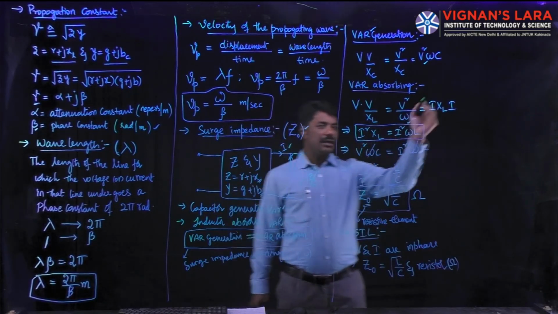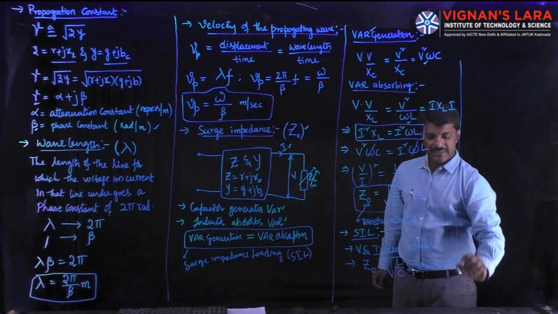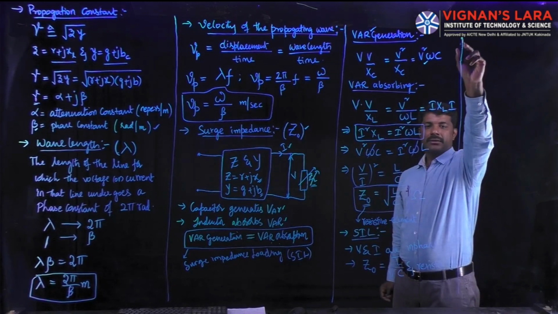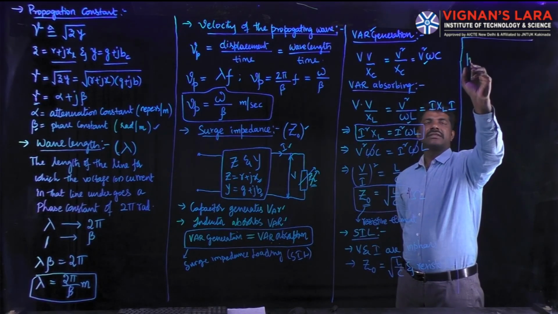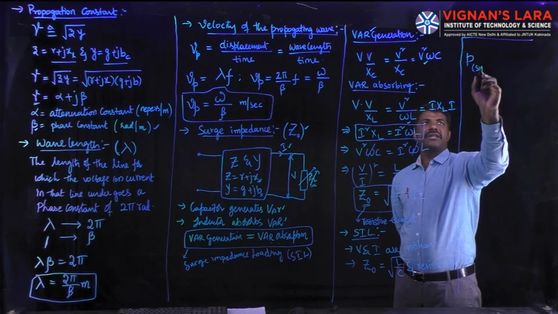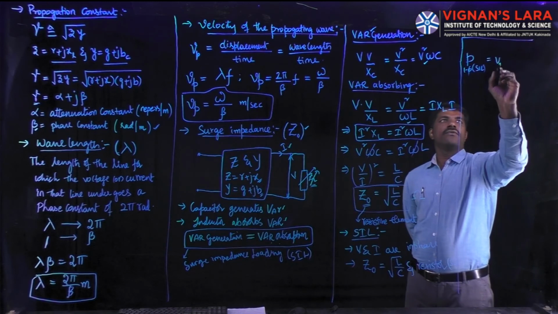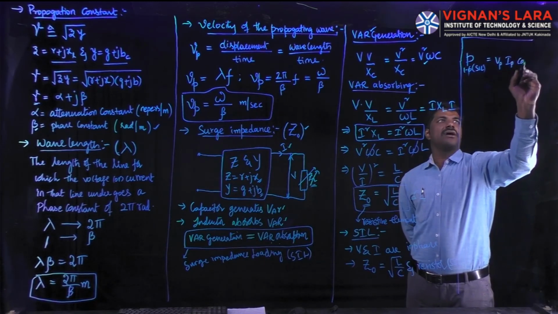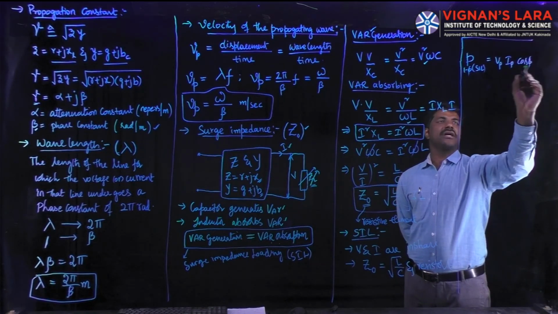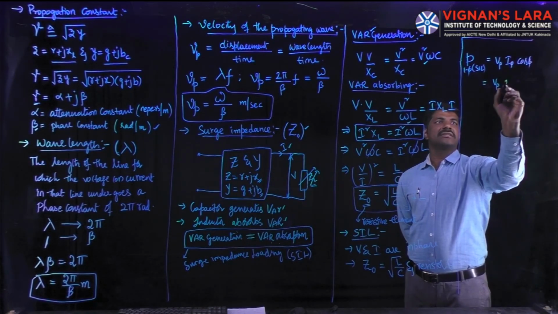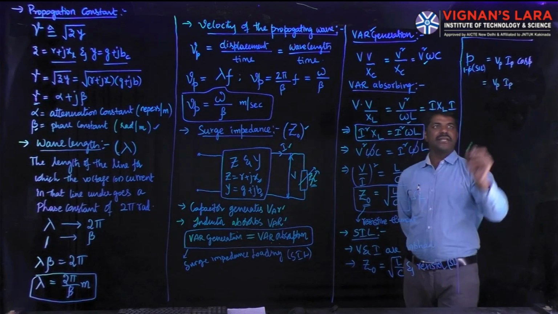And now let us see what is the magnitude of the delivery power. So the delivery power is, let me assume that power during surge impedance loading for a single phase network, it is equal to V phase I phase cos phi. Since this is a unity power factor acting as a pure resistor, cos phi will be 1. Then I can write this as Vp into Ip, V phase into I phase.